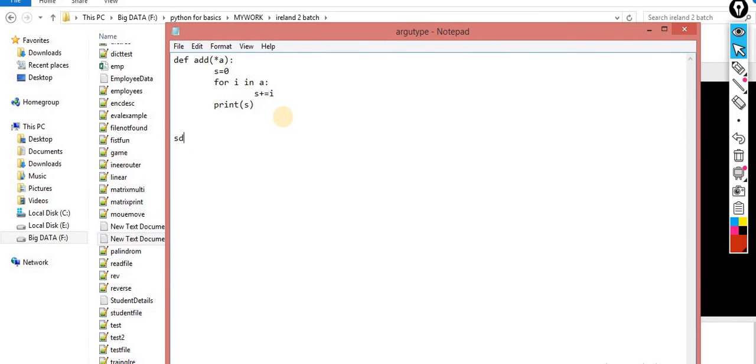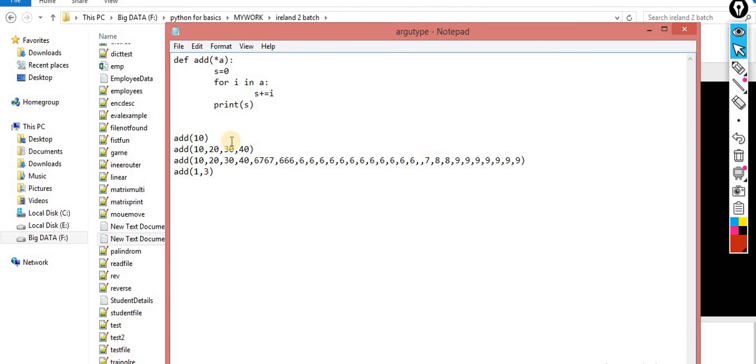I am calling this function add with 10, 20, 30, 40. I call this function with 10, 20, 40. Now this time I call again, and this time I am passing this much amount of data, it doesn't matter. In the next iteration I pass only two values, 1 and 3, that's it.